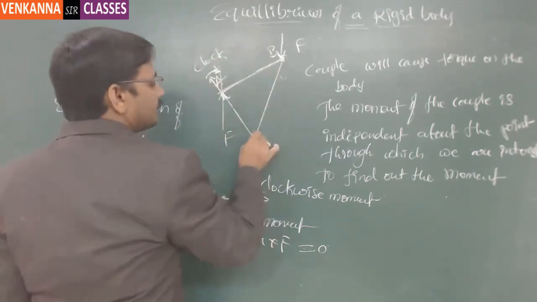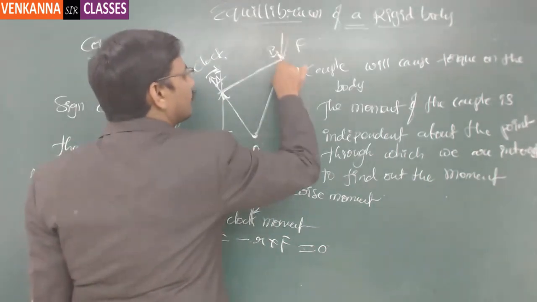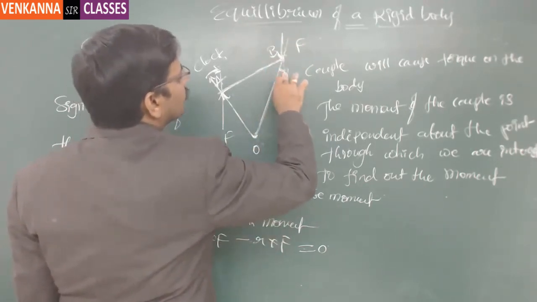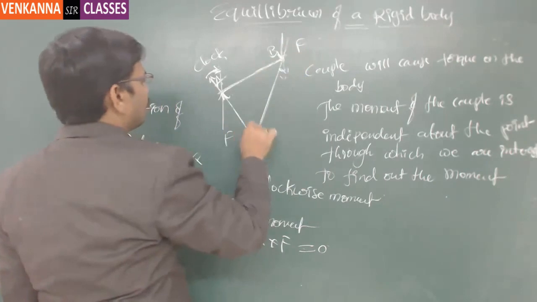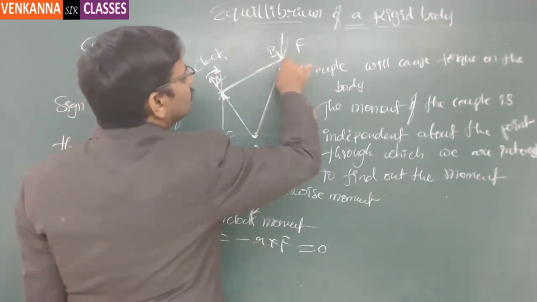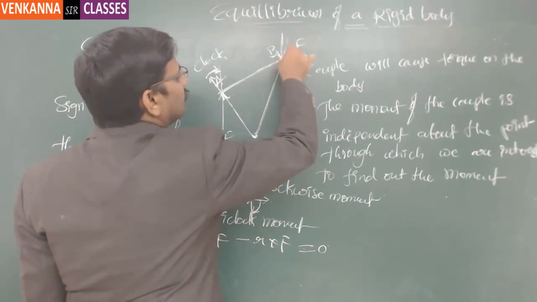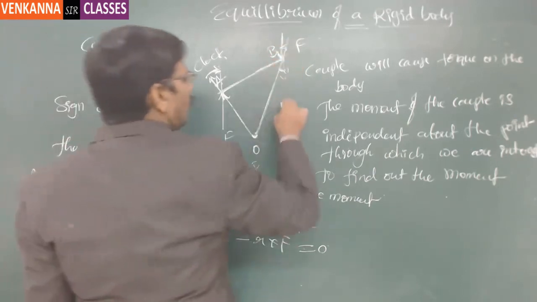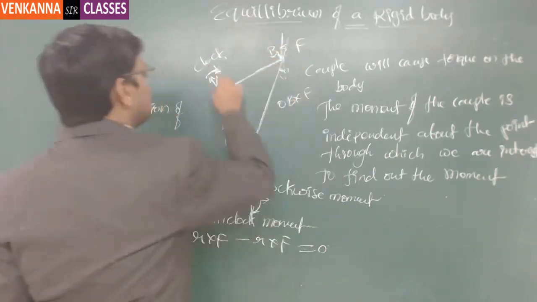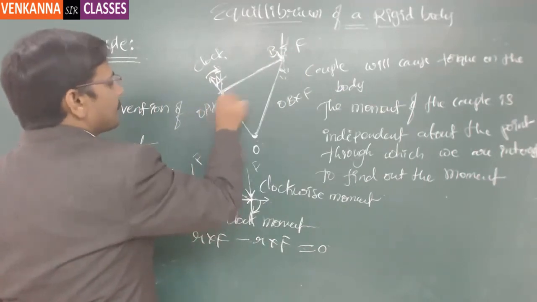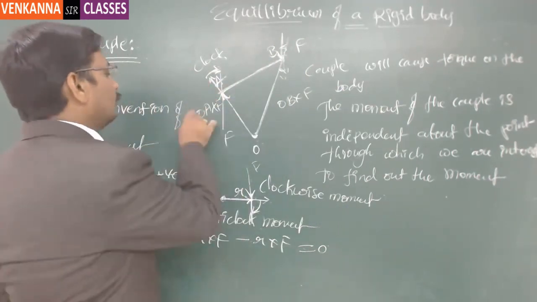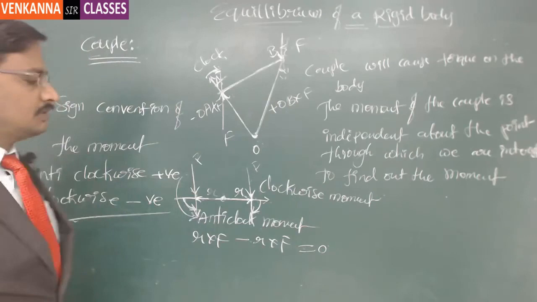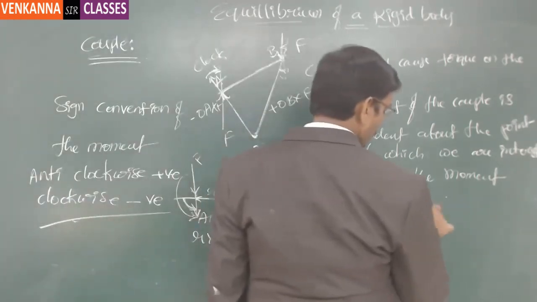And here, this is the OB direction and this is the F direction. Now if you calculate R cross F, from R to F, this is R. So this is in the opposite direction, right? So this is OB cross F and this is OA cross F. Now this has to be treated as negative and this has to be treated as positive, anti-clockwise. So the sum of the moments,